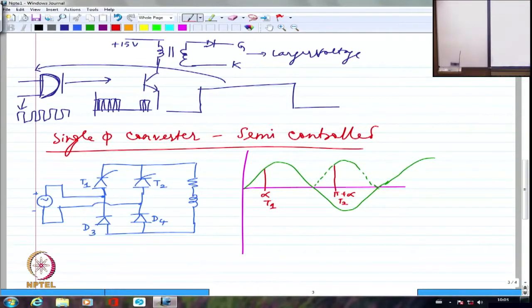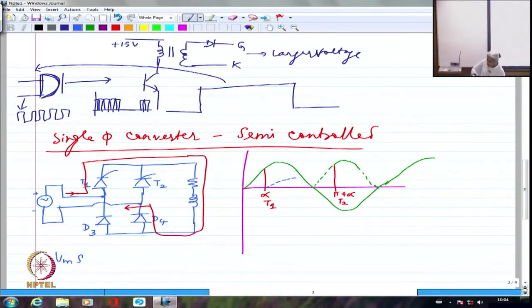When I am having T1 fired, the conduction path is somewhat going to be like this. This will go like this. This will come through D4, because D4 hopefully is forward biased. You can check it. And then I'm going to have the current flowing like this. From the power supply, it will go through T1, load, D4 and back to the power supply. That's how it is going to be. So we are essentially going to have a current like this. That means my current would increase slowly depending upon the same equation,